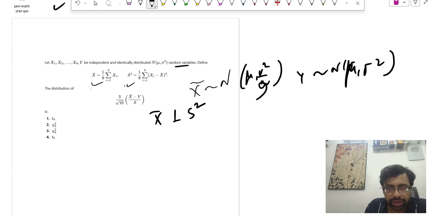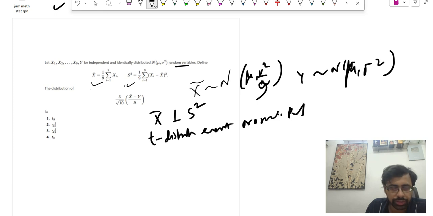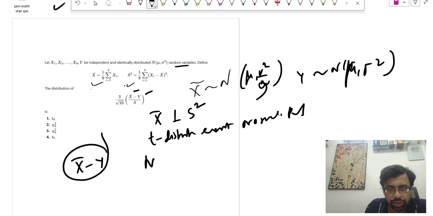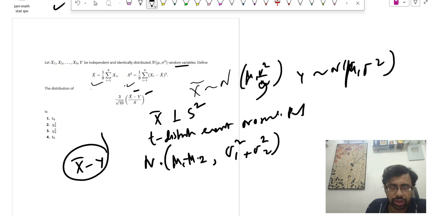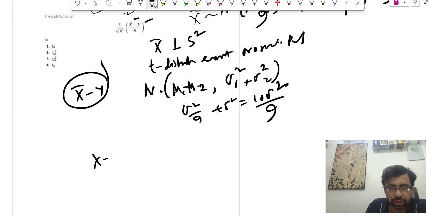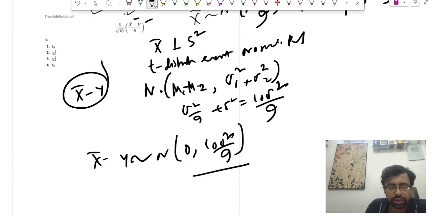So this is exactly why यहाँ पर अगर हम लोग कहेंगे कि t distribution exists only for normal population के लिए। ठीक है, फिर हम लोग distribution of X bar minus Y भी निकाल लेंगे यहाँ से। ठीक है, A minus B also follows this, so normal distribution इसके लिए रहेगा mu1 minus mu2, sigma 1 square plus sigma 2 square, so mu minus mu 0, so sigma square by 9 plus sigma square by 10, sigma square by 9, so X minus Y follow करेगा normal distribution with 10 sigma square by 9। ठीक है, so Z equal to X bar minus Y root over 10 sigma square by 9।